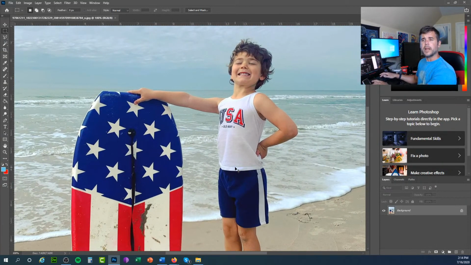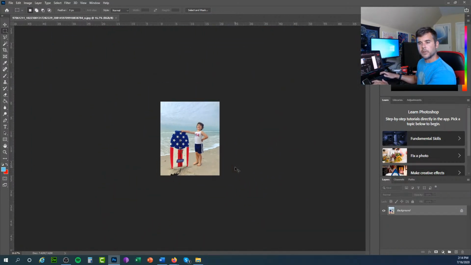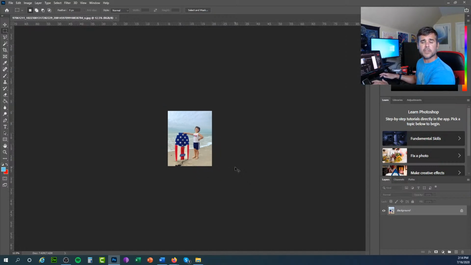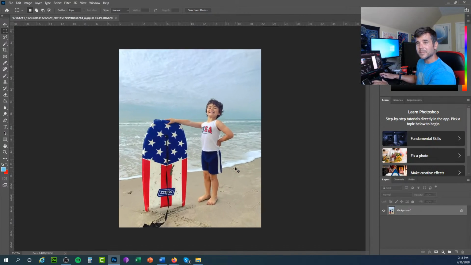Okay, so first of all, right here is 100% of the image. Let's make it smaller. Notice how I'm making it smaller. I'm not really losing any quality. I mean, our eyes eventually make it blurry because we can't see any better, but we're not really losing quality. But when we try to make the image bigger,